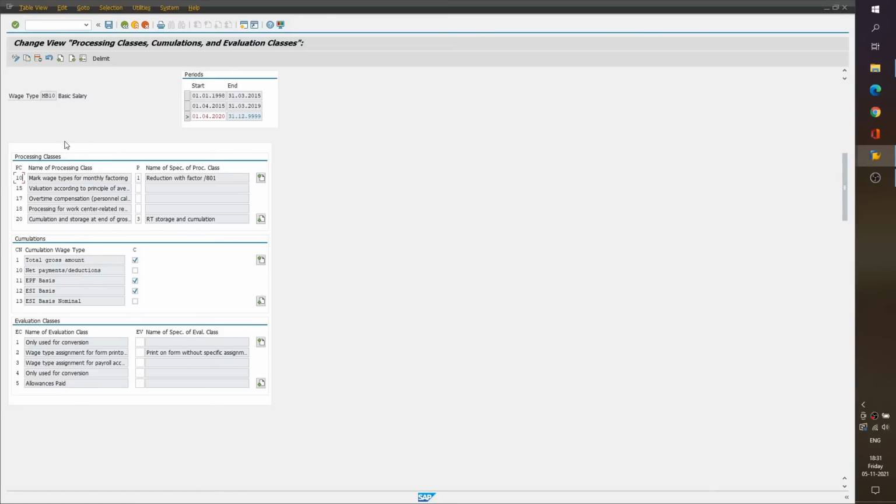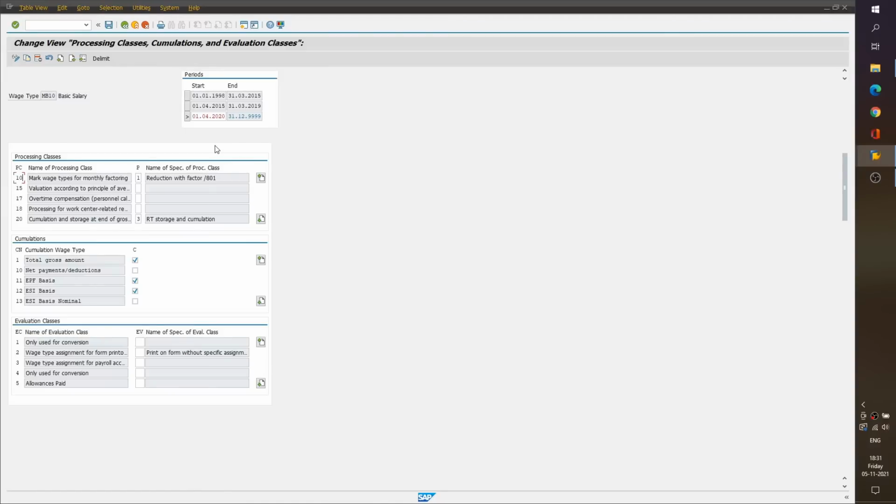Okay, so now we should get a good understanding of what a processing class is. A processing class is a way or mechanism set up by SAP, available in standard SAP, to have similar calculations for a set of wage types.